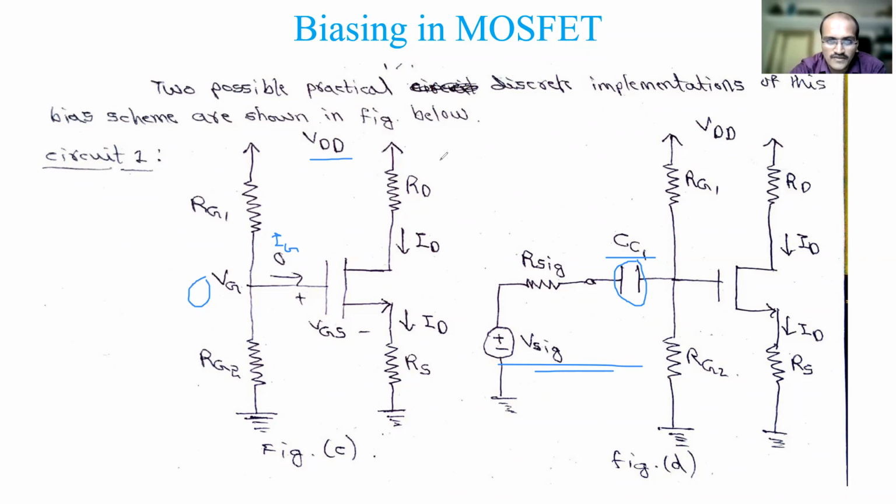Okay, so from the DC biasing circuit we will establish the drain current. Okay, and then we'll connect the small signal and we try to do the amplification. Okay, so that is the normal scenario. So this circuit, the problems we'll see directly, how we design this circuit. There are certain equations that you can observe.